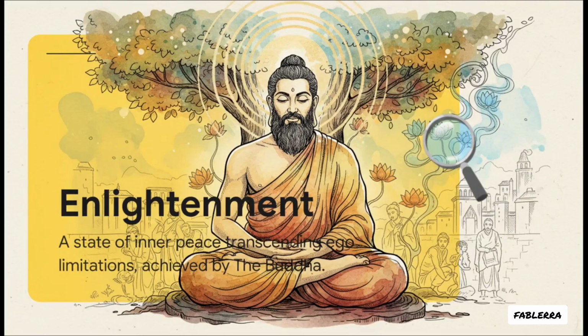Meanwhile, over in Eastern philosophy, historical figures were starting to look inward. Around 500 BCE, a prince named Siddhartha Gautama witnessed the sheer, raw suffering of the human experience right outside his palace walls. He sought profound meaning, and he achieved enlightenment. This is defined as a state of inner peace transcending the limitations of the ego. He became known as the Buddha, offering a deeply personal answer to life's biggest, toughest questions.